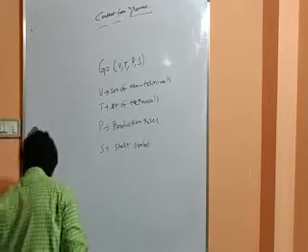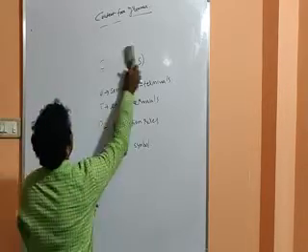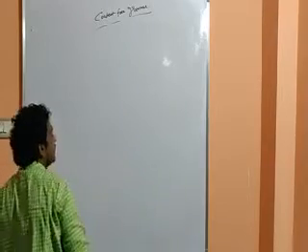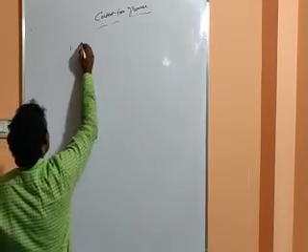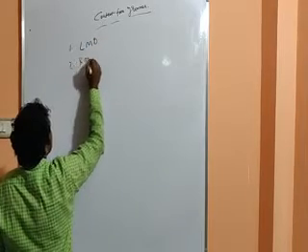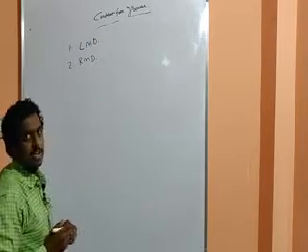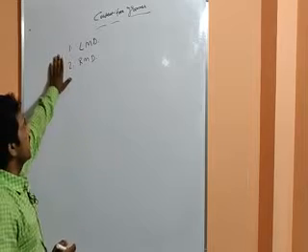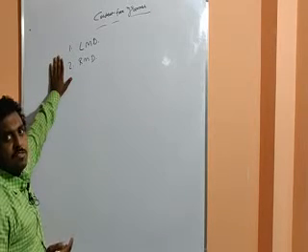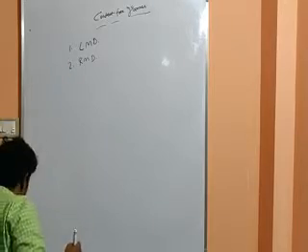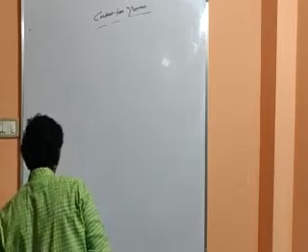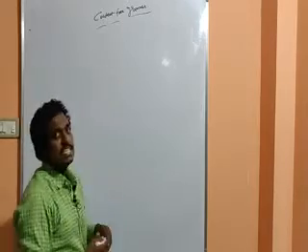And the context-free grammar, whatever we are taking, we will handle with the help of two mechanisms. One is leftmost derivation, two is rightmost derivation. These are the two ways in which we can derive the string from the given grammar. So let us see leftmost derivation and rightmost derivation with a simple example.